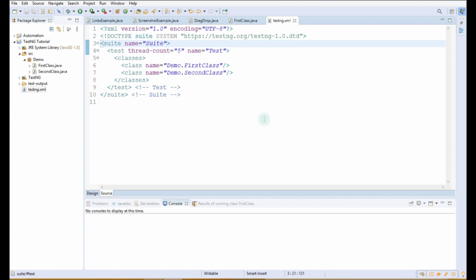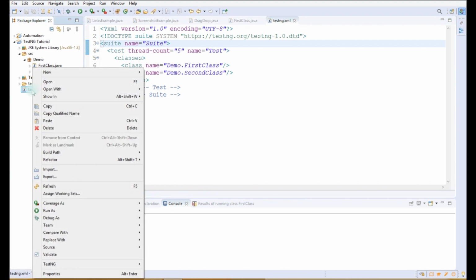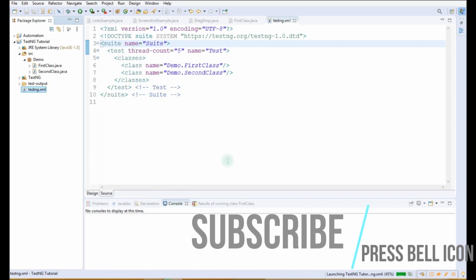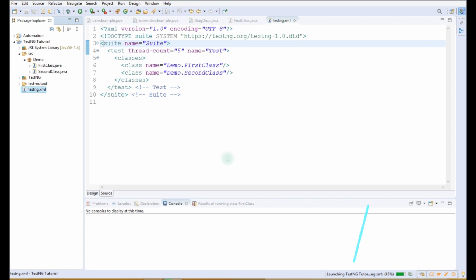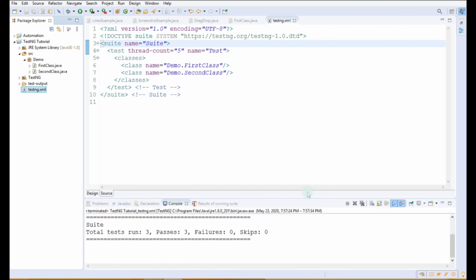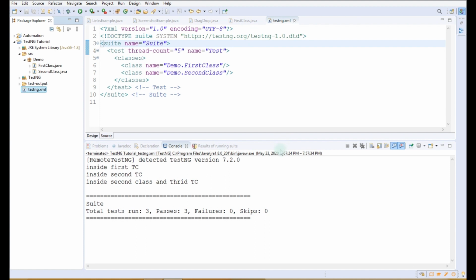To run it, we have to right click on this testng.xml, go to Run As, and here we can select TestNG Suite. It will run the complete XML. This is the output of the TestNG execution.